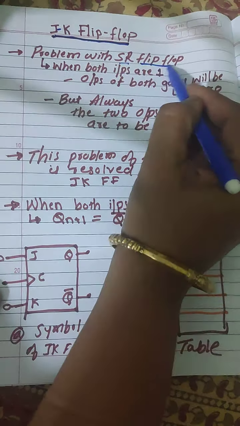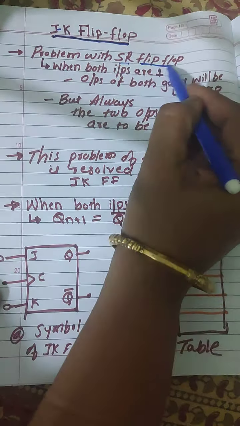So whatever J is there, it comes at this. What is the value of J? J is 0, so S takes the value of 0. When Q is 0, whatever be the value of K, we shall not worry. One of the inputs to the AND gate is 0, which means the output will be 0. So R will be 0. These are the values when the value of Q is 0.